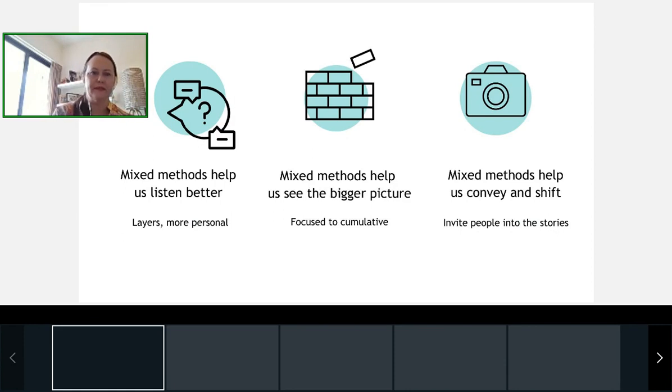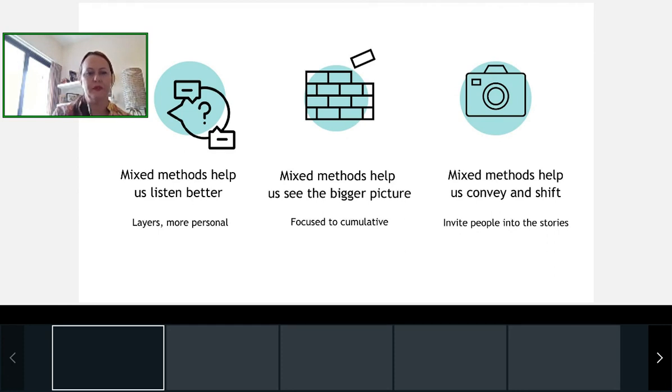It always comes down to being able to listen well and to really understand what's going on in the lives of the people that we serve. And sometimes things are a little bit one-dimensional. So we're trying to get to more layers. We're trying to get more dimensions in that topic area. And we're also trying to get more personal. And sometimes that takes repeated conversations or many different angles of lenses and filters of looking into a topic. So we feel that this helps us to listen better.